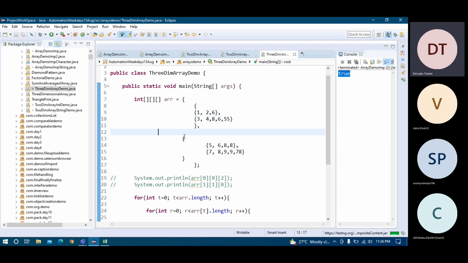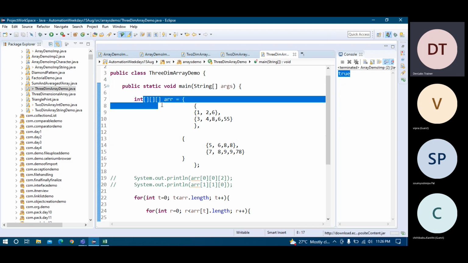This is index number 1. This is the table of index 0, and this is the table of index 1. So we have 2 tables.